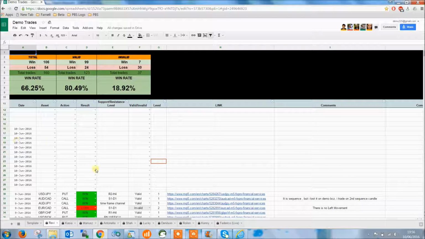So this member called Ravi is doing very nicely, and his win ratio is 80.49%. The valid trades he took are 123 in total, and in those 123 there are 24 losing trades and 99 winning trades. Like I said, we never advertise, or never said to any person, that the price break signal strategy is 100% accurate or 100% win rate.